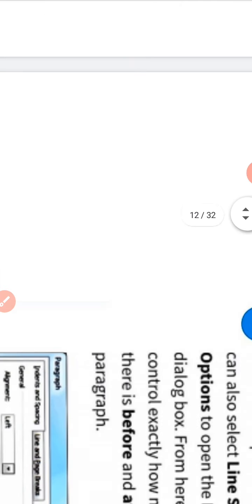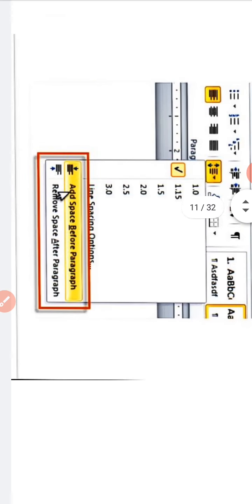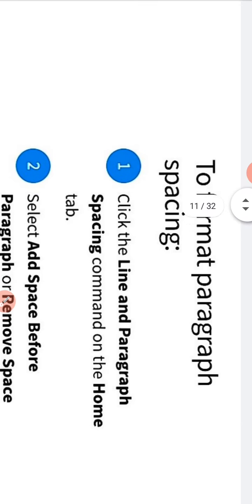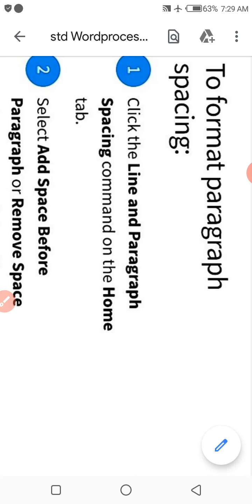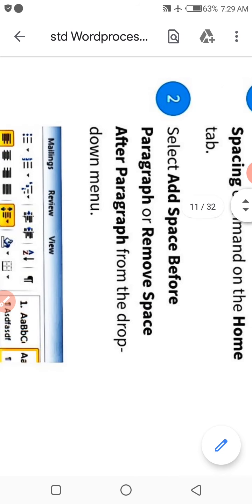To format paragraph spacing, Step 1. Click the line and paragraph spacing command on the Home tab. Step 2.